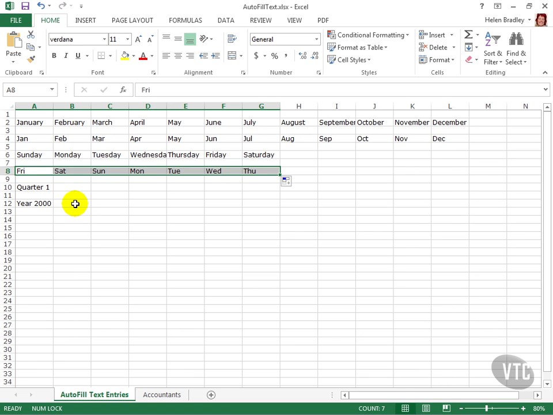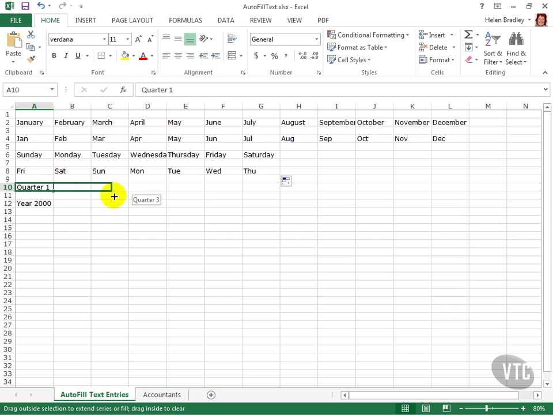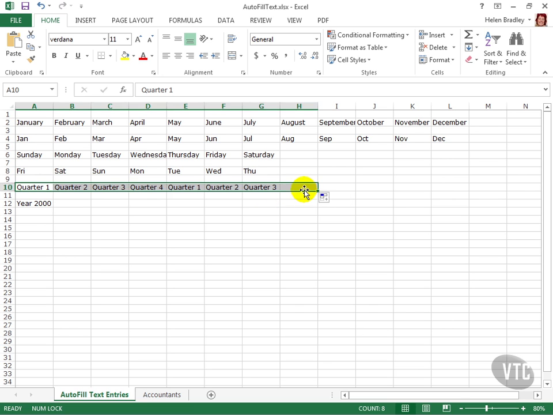Other series, which are really a combination of number and word series, are series that have words with a number after them. For example, here I have quarter 1 entered into a cell. If I click and left mouse drag on the fill handle, you'll see that Excel is going to fill it with quarter 1, quarter 2, quarter 3, and quarter 4. Look what happens if I go one cell further. Excel is smart enough to know that if I proceed past that point, it will begin again with quarter 1,